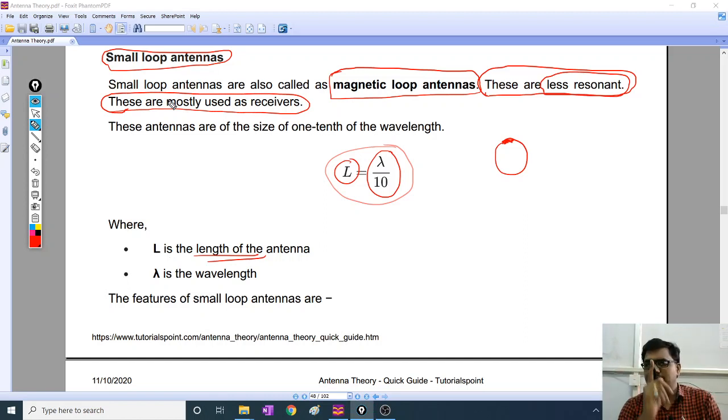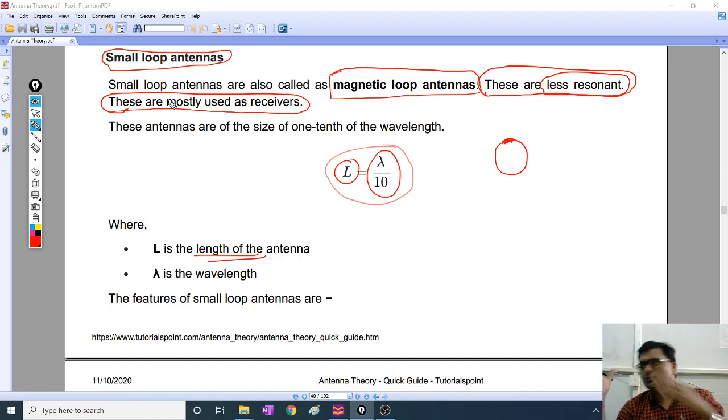If it is a perfect resonant antenna, connect it at the transmitter, because from the transmitter side I have to transmit a perfect single frequency. So that's why at the transmitter resonant antennas are generally preferred. If the antenna is less resonant, use it at the receiver side. Even practically, not in our lab, if it is a less resonant antenna or a non-resonant antenna, it is preferably connected to the receivers.